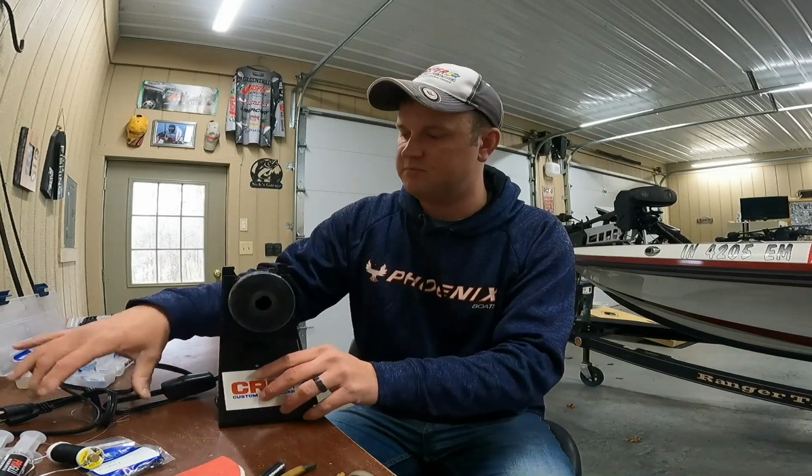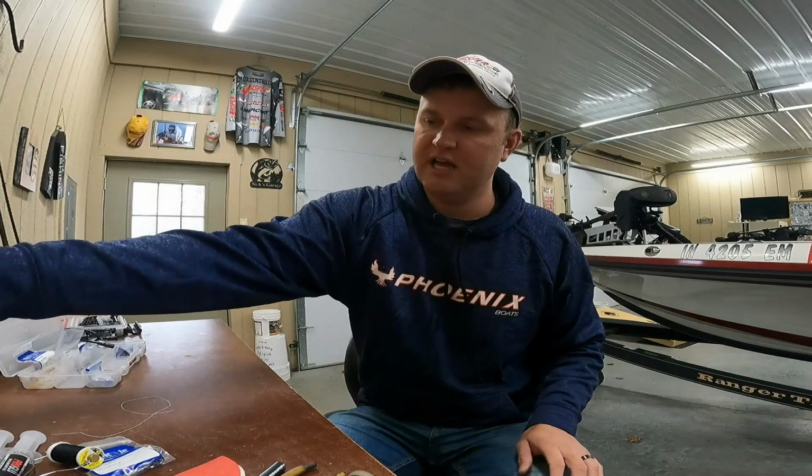And like I said, you can get fancier ones of these. This is just the basic, cheapest one I could find. You can get one that does multiple rods at a time if you're making your own rods from scratch, or you can get one with a clutch so you can control the speed that it rotates and things like that. But that one works great for me. I leave it in the box all the time and just take it with me in my truck. And if I need to, I can just pop it out, plug it into the wall, and I'm ready to